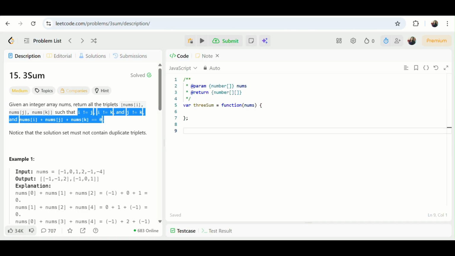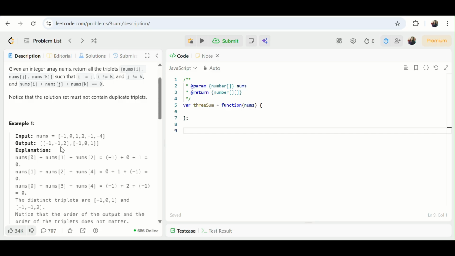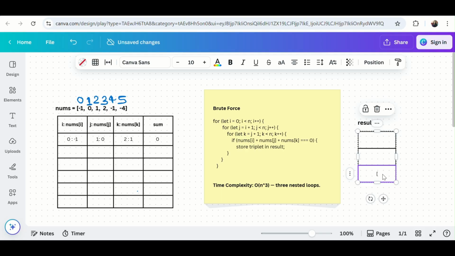Here we are not required to return the index, but instead we are returning array elements only. This is a very important point that we have to always keep in mind. Our optimized solution is going to be based on this particular scenario. So minus 1, 0 and 1 is our solution that we have already found. And also we don't have to return anything like 1, 0, minus 1 or 0, 1, minus 1. That is not going to work as a solution. So we have to always maintain